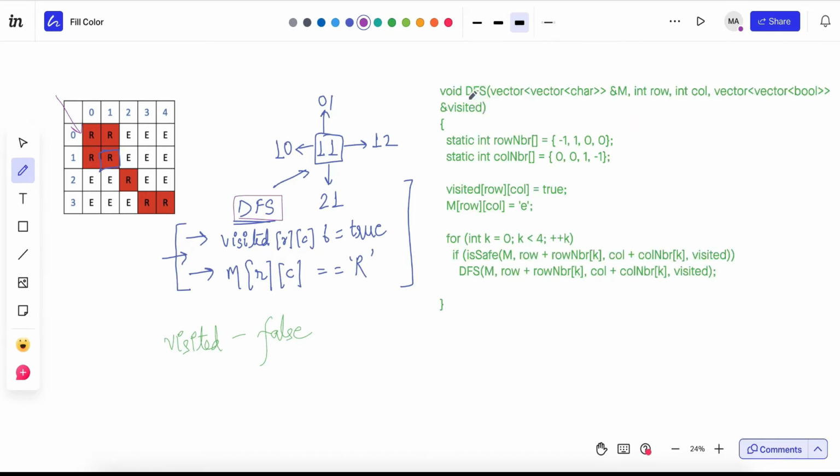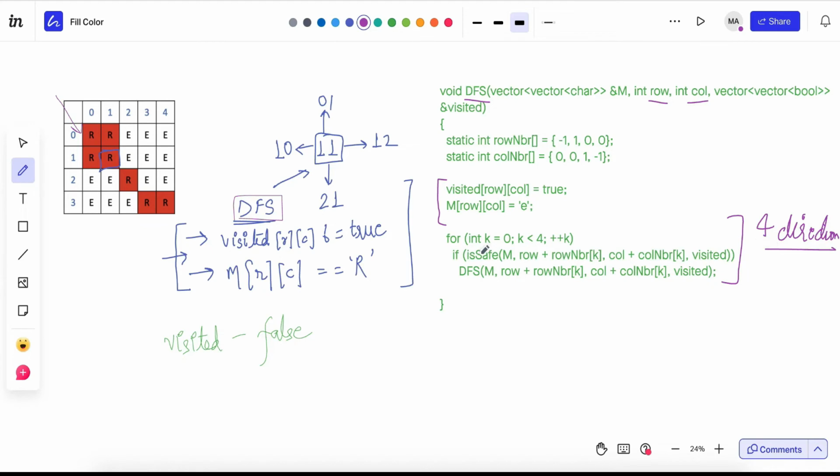So let's take a look at this DFS function. We are calling it at a row and a column which satisfies these two values, and we are even passing this visited. We'll keep updating this visited matrix with whatever nodes are visited. So now we'll do these two things: we'll erase that particular cell and mark the visited matrix for that cell as true. Now we are allowed to go in the four directions. This particular code is for moving into the four directions.